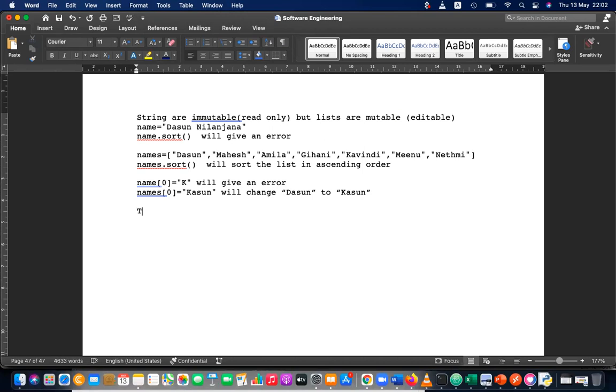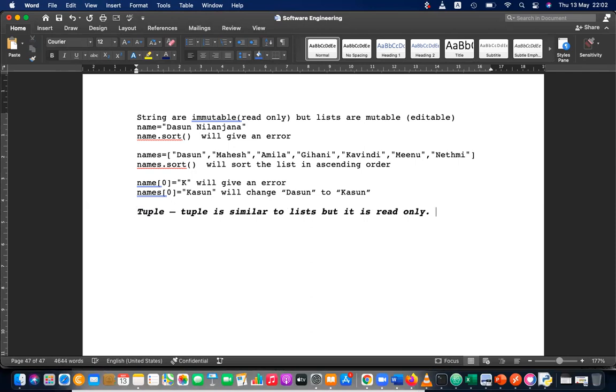Okay, then next subheading, tuple, right? Next subheading is tuple. Tuple is similar to lists, but it is read only.